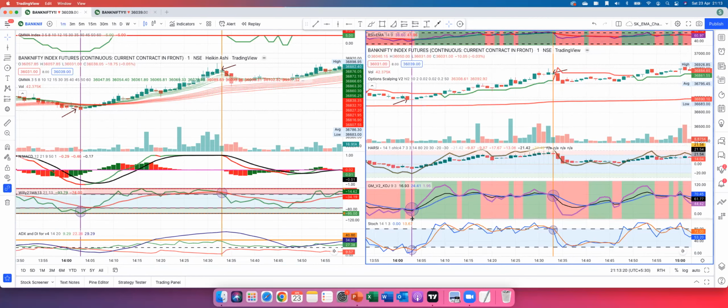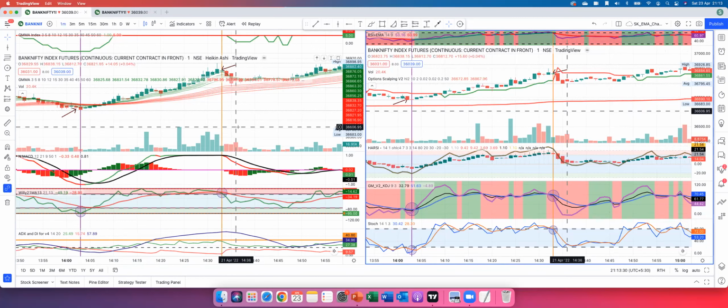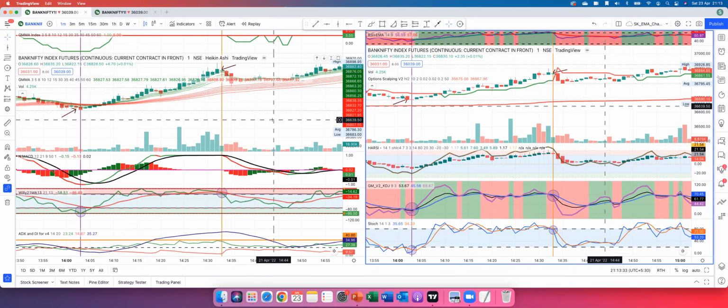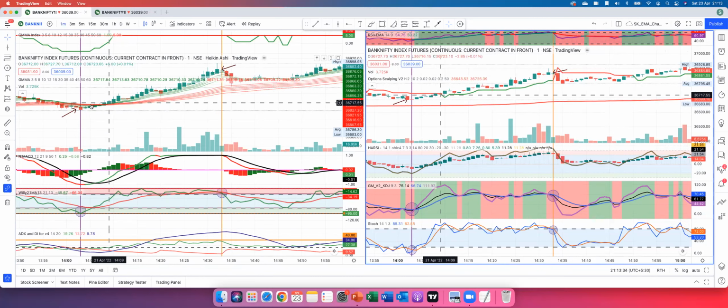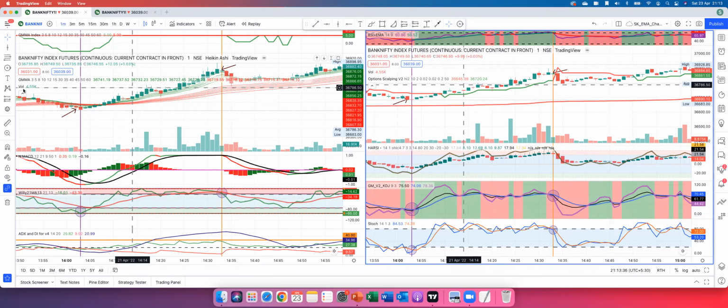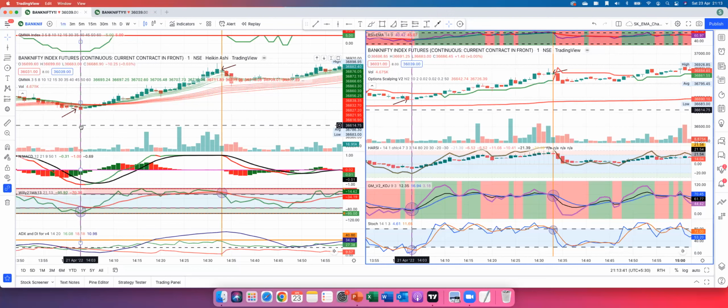On the bottom panes, we are using HARSI, KDJ and stochastic. So this is the one we have added recently, right? Now, what are the things that you need to look for? What you need to first check on the body is the GMMA part. Now I'll take this as an example to help you see what entry point and exit point